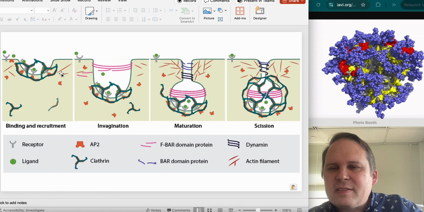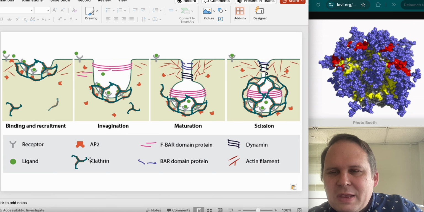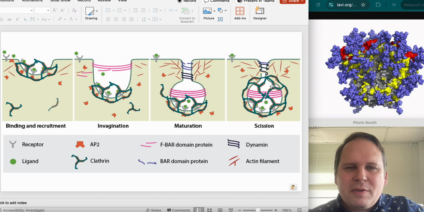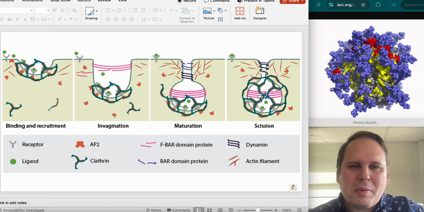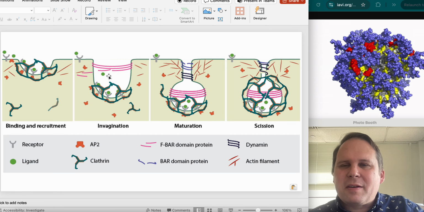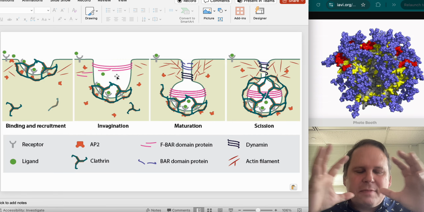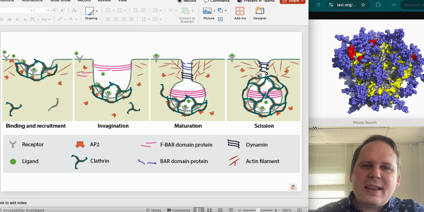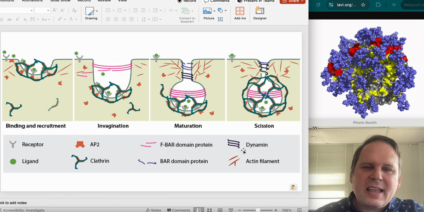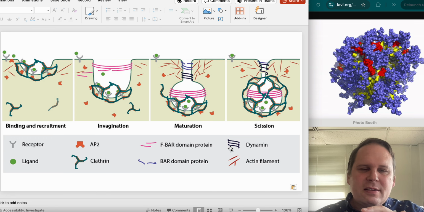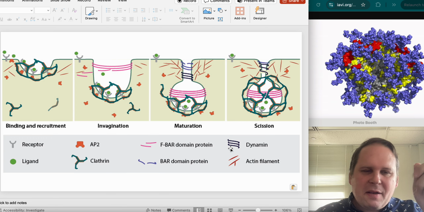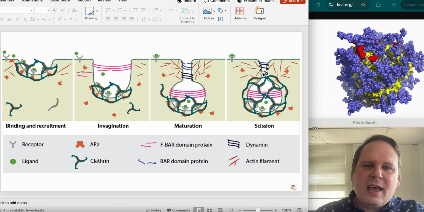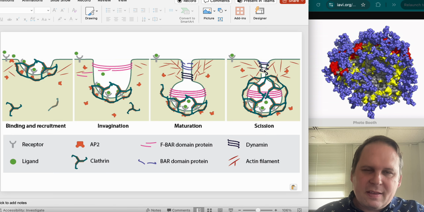Clathrin is going to assemble this little cage, and it's this neat little three-legged structure. That's just what it looks like. And it assembles a little cage, like a little tiny soccer ball, around that part of the membrane. So as the membrane curves and gets pulled in, then clathrin binds some more. And once that is bound, then there's another protein called dynamin that's going to act like a little whip. It's going to wrap around and constrict that opening, and it's going to break this membrane here